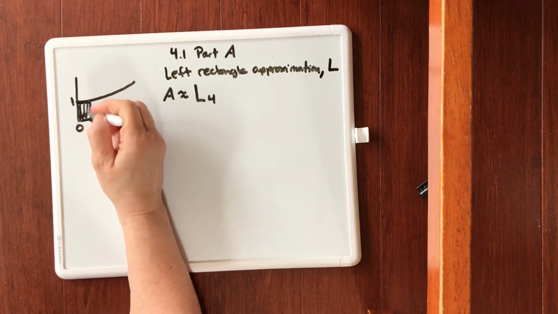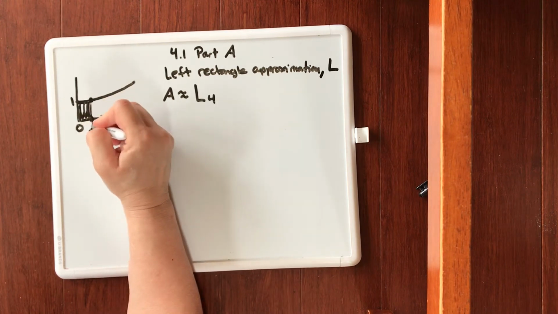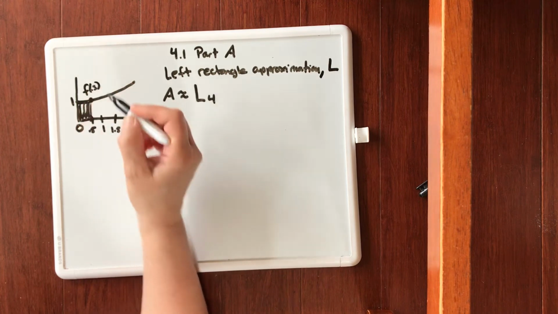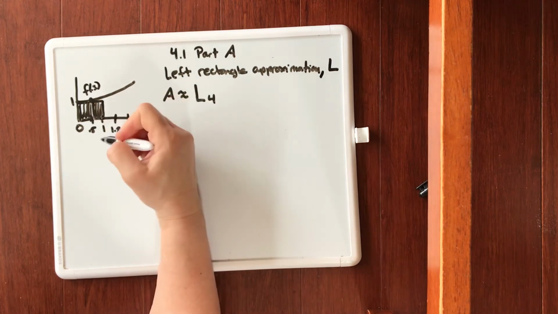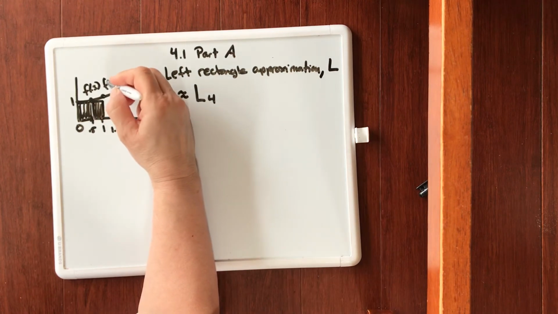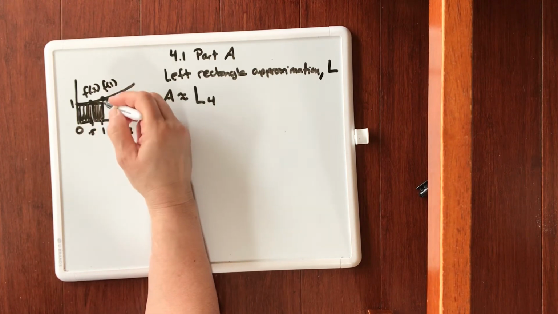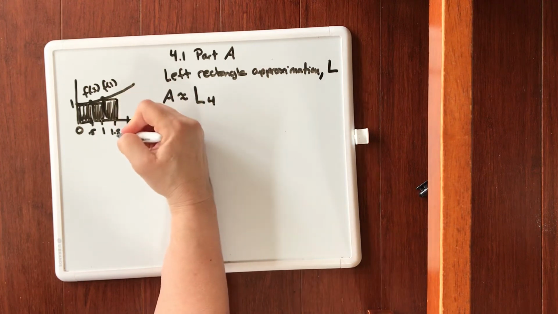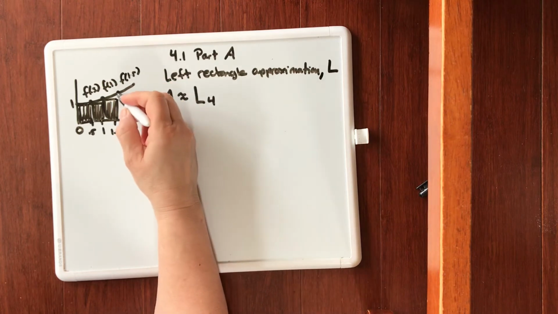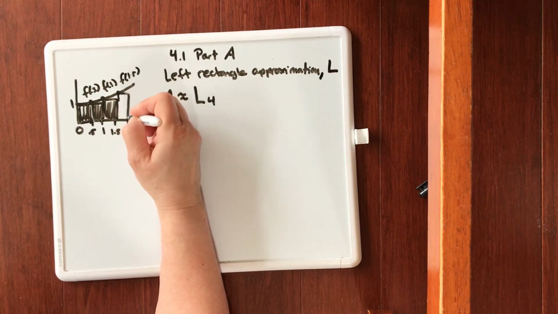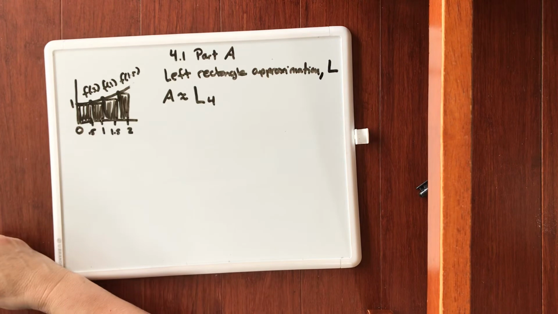So here's one rectangle to find the area. Now this is 0.5, so this point is f of 0.5. And then we go straight across and find the area of that one. This is 1, and this point is f of 1. And from here we'd go straight across and down. Okay, this is 1.5, so this point would be f of 1.5. And we go straight across and down. Now you can see that we're missing some pieces right here, but it looks pretty good as getting the area